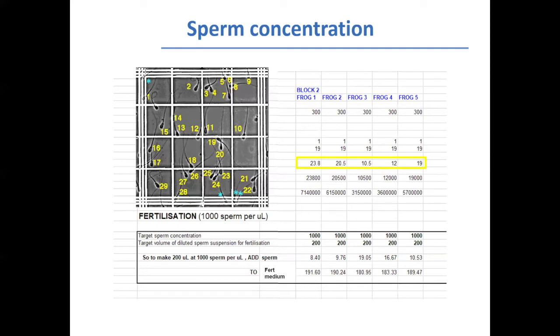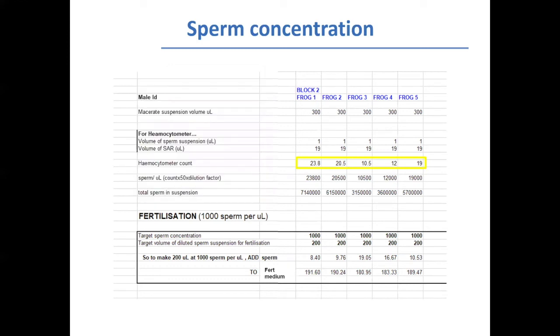Once sperm suspensions have been collected for use in your fertilization crosses, the next step is to determine the sperm concentration within each of your suspensions using a hemocytometer. Counts should be replicated and averaged for accuracy and then entered into an Excel spreadsheet. The spreadsheet can be set up to calculate the total sperm in each of your suspensions, and then based on